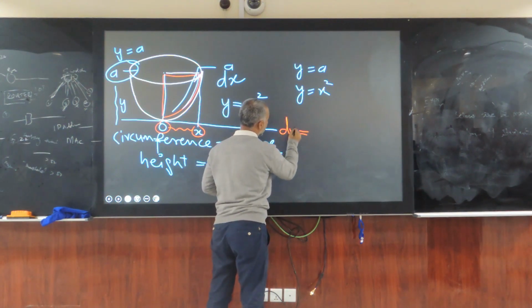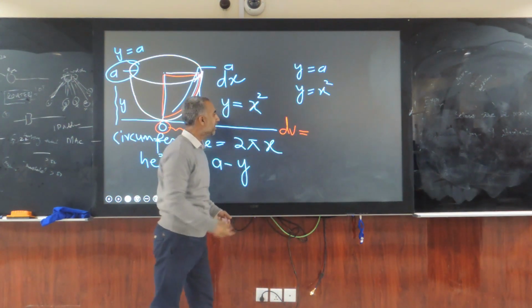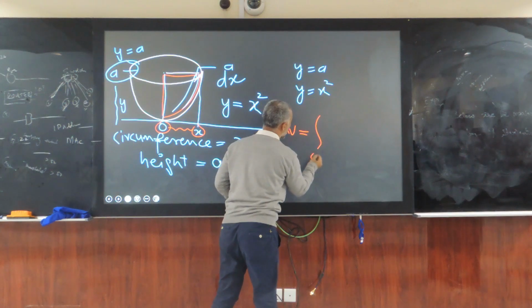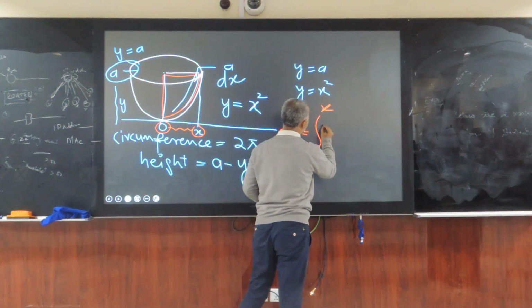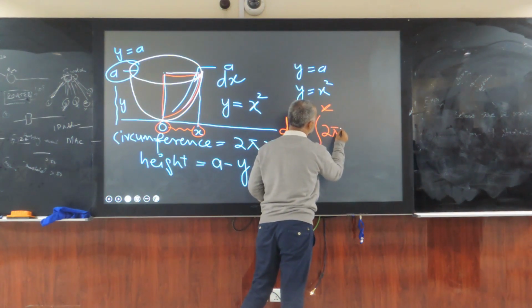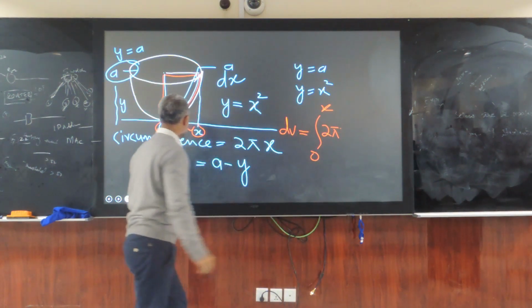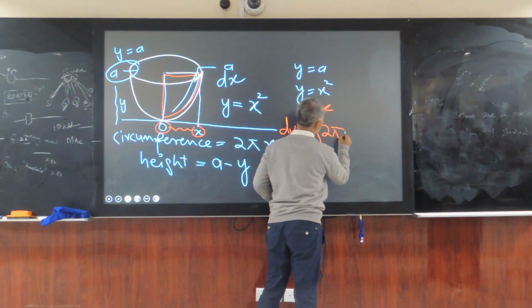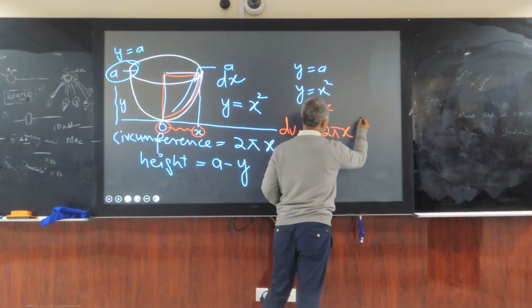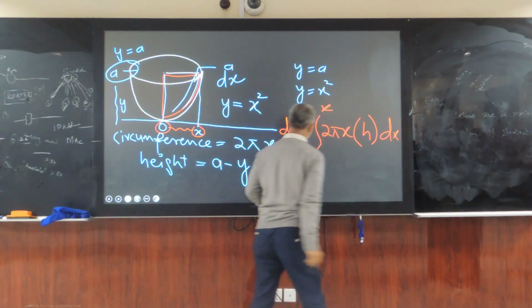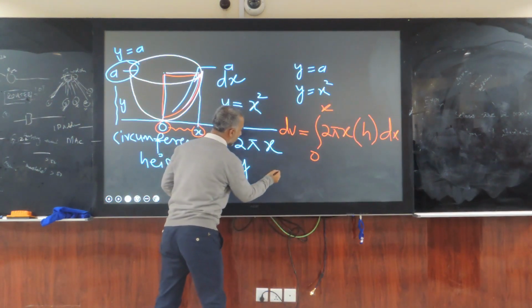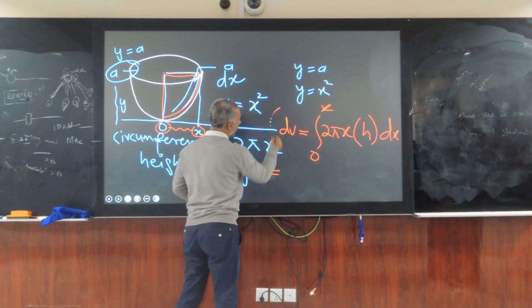We can say the volume of one shell from 0 to x has circumference 2 pi x, height, and dx thickness of each shell,